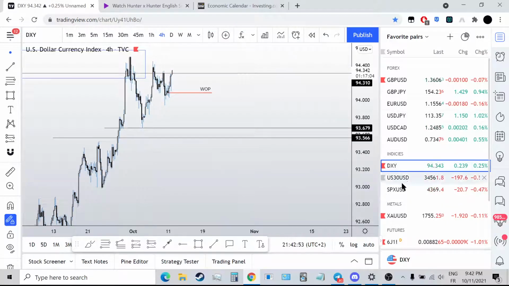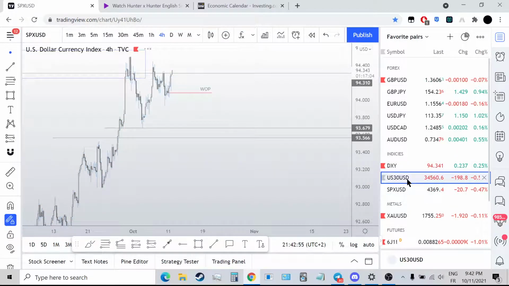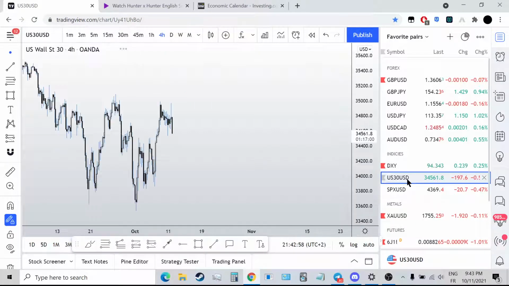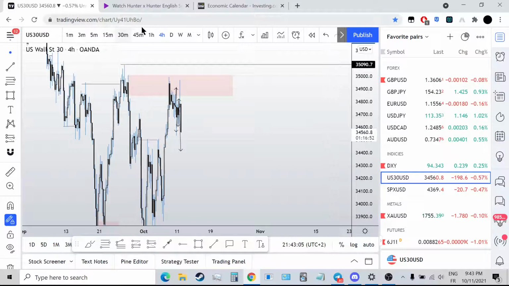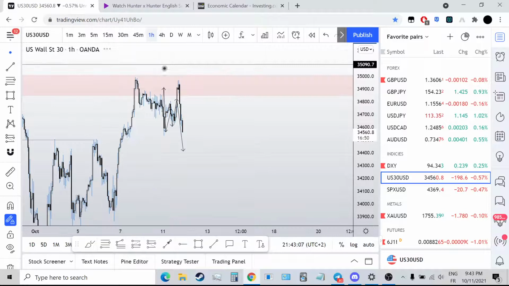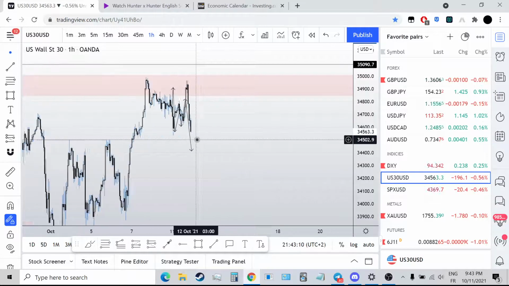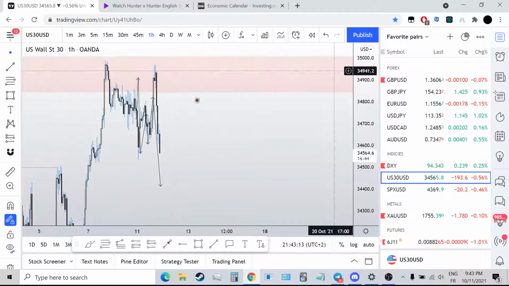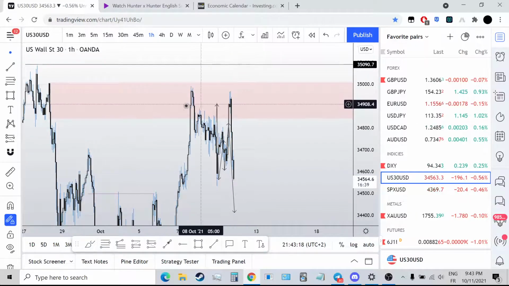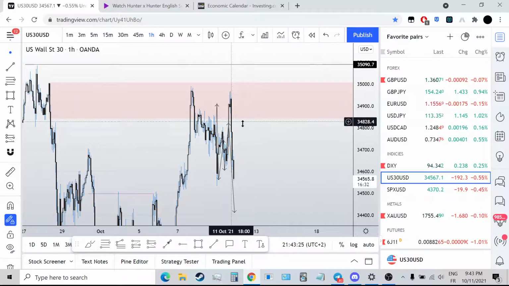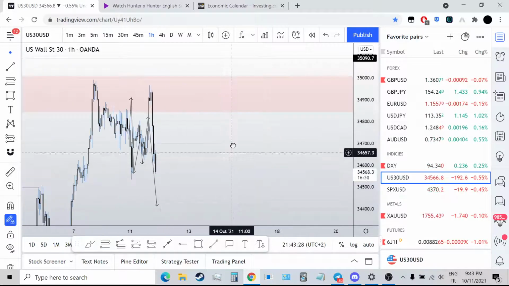All right, let's go to US 30. So I did a Zoom with my fam, and this is what I saw happening right here. This is what I saw happening. It played out. This was my analysis. My friend Dinaj had the same analysis, which is really good as well. But this is what I was looking for it to happen.